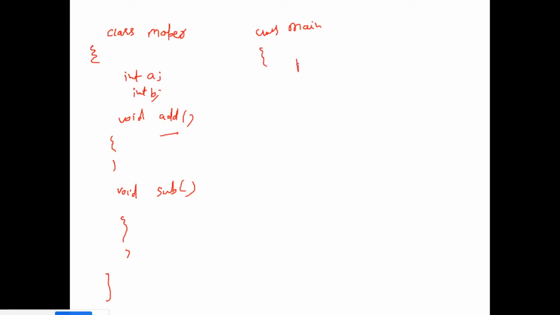So we have the main method, we assume public static void main, right? So I will make the object very carefully. Please look at this. M object 1 is equal to new M, and here I will call the method add.